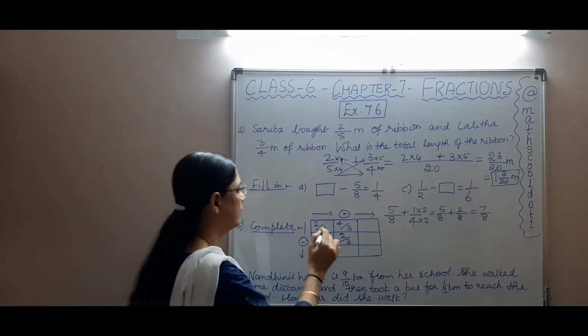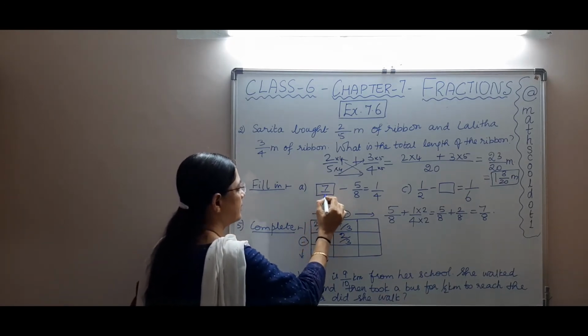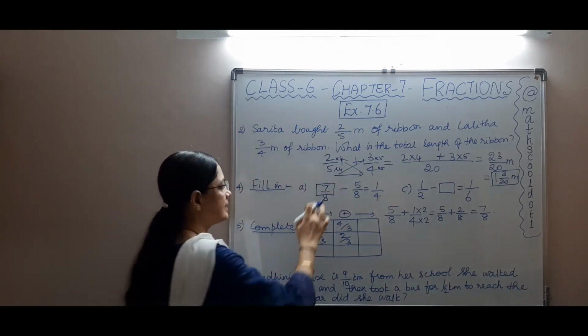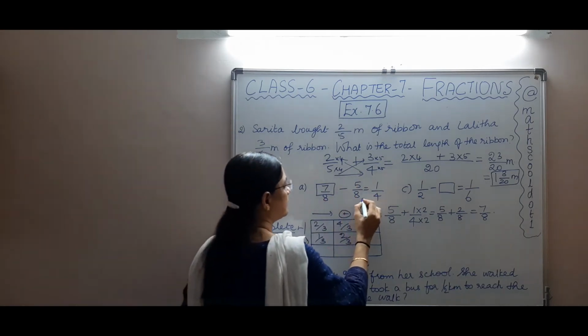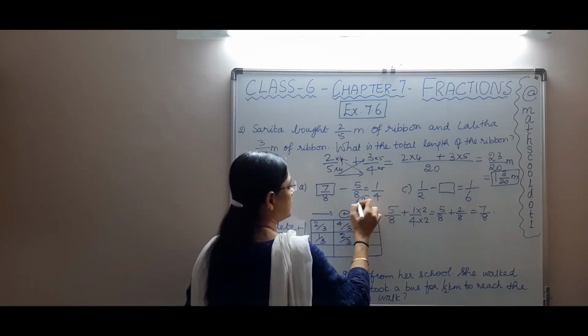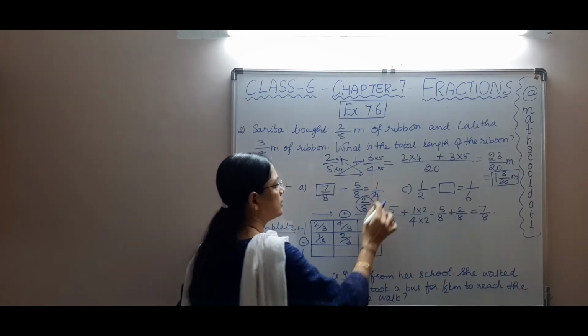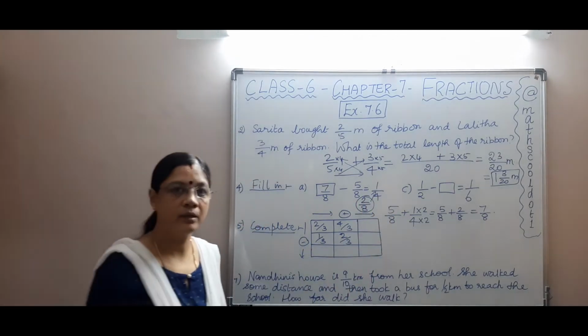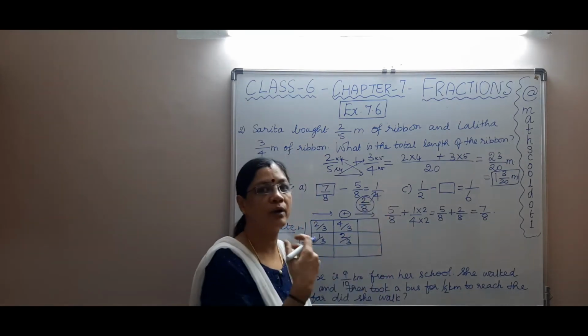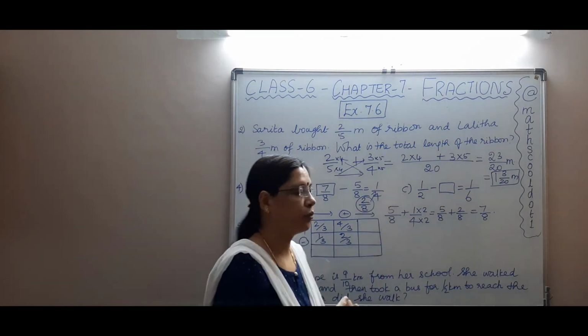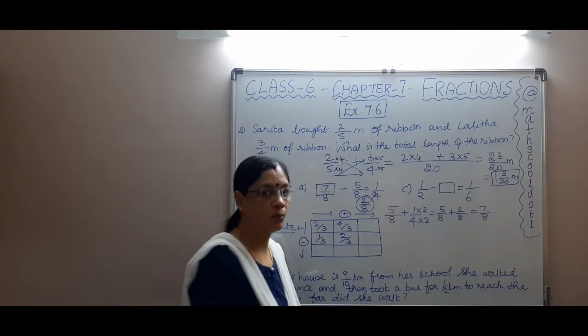That's it. You have the answer as 7 divided by 8. See, 7 by 8 minus 5 by 8 is nothing but 2 by 8. When this 2 by 8 is reduced, you get 1 by 4. When it is made into simpler form, that is 1, 2. It is divided by 2, you get 1 divided by 4. Okay, so that is how we get 1 by 4.